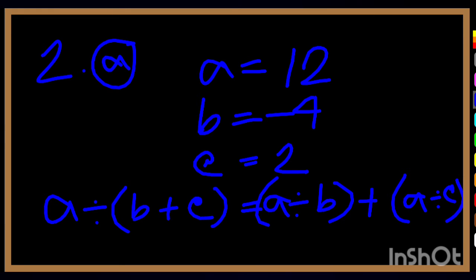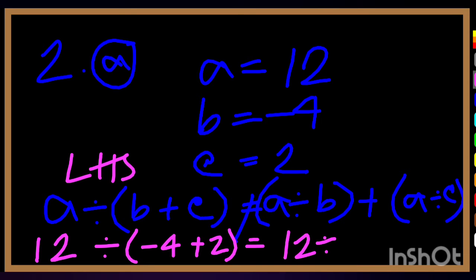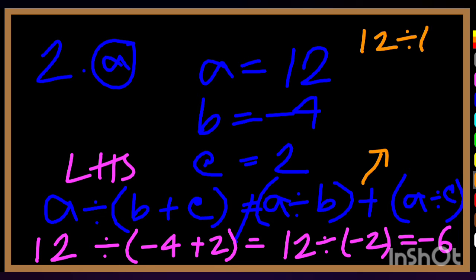In place of A put 12, in place of B put -4, and in place of C put 2. Let's find the answer of the LHS: 12 divided by -2, which is -6. Now the same thing we will do for the RHS, where we put 12 divided by -4,